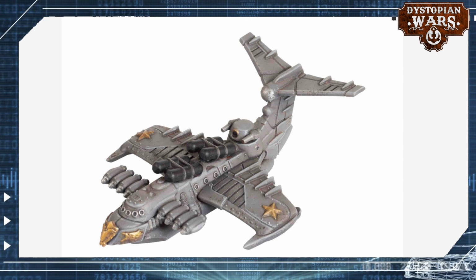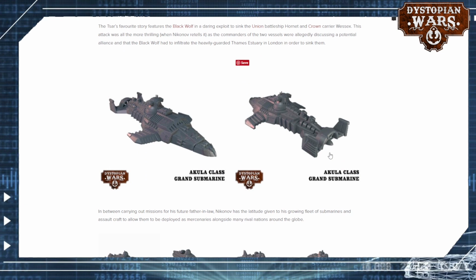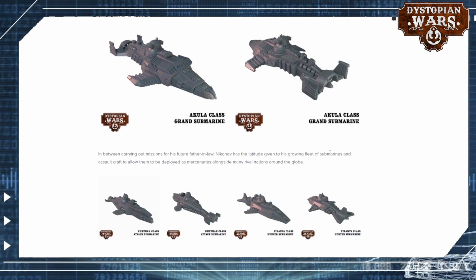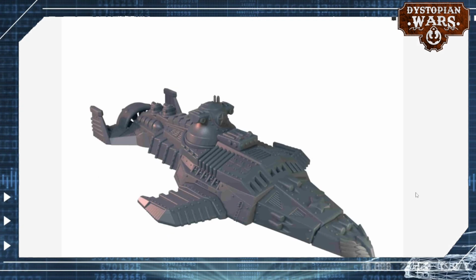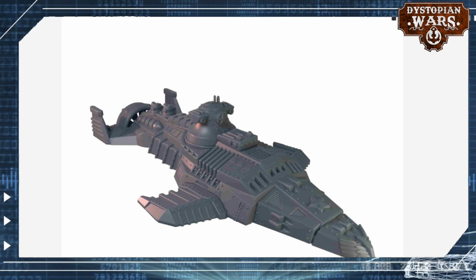If you're interested, definitely find a few videos on YouTube about Ekranoplans. There are some very interesting constructions. And it's not just the big Deathbringer that you can make out of it. You can also assemble them as Akula class Grand submarines, which is the non-flagship version of them, which we see here. Very obvious similarities to the Deathbringer, of course, but it means that you can actually use quite a lot